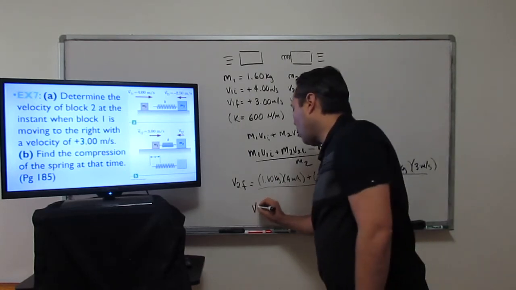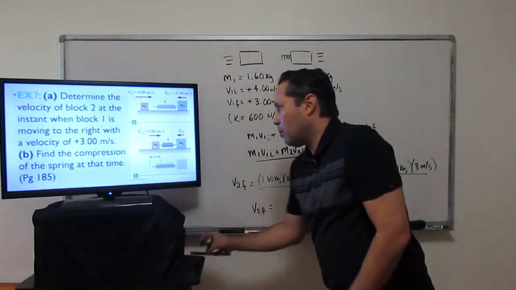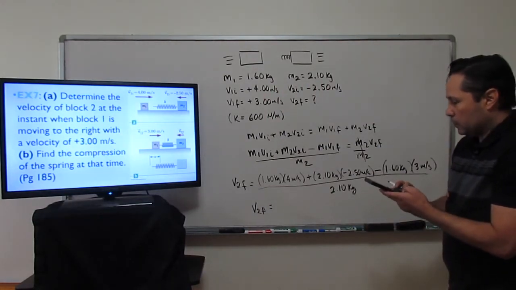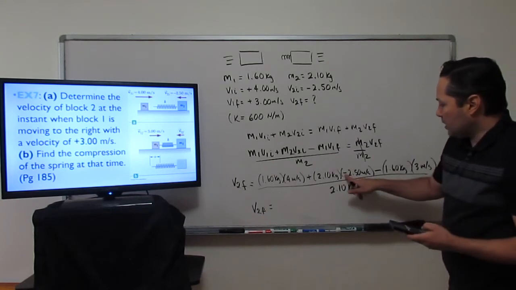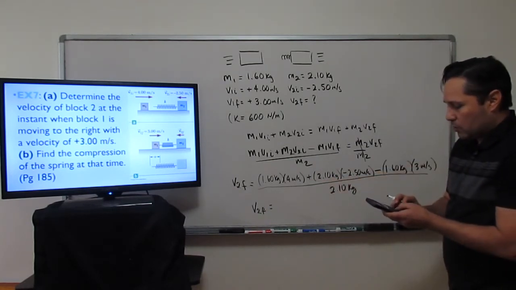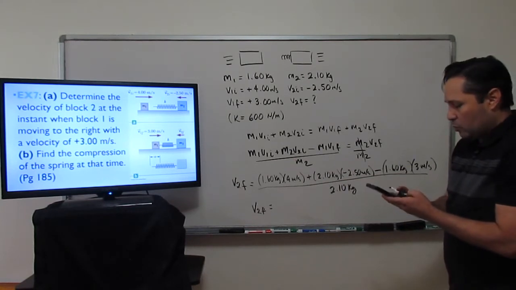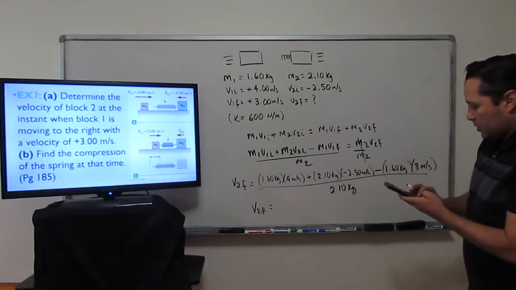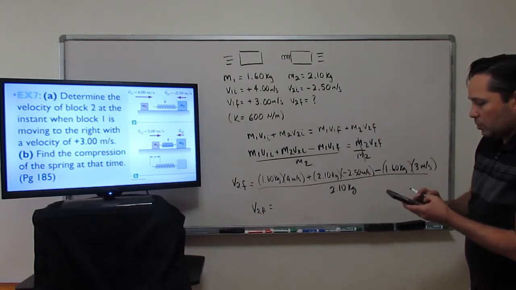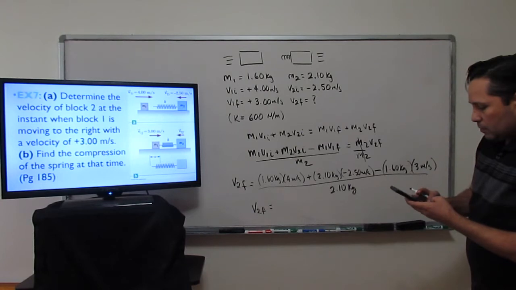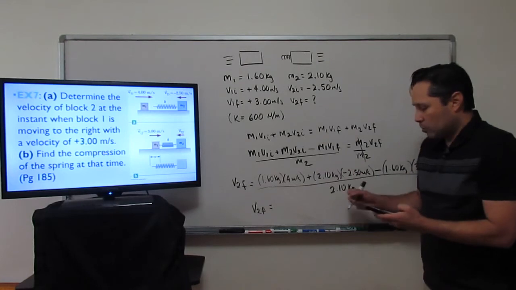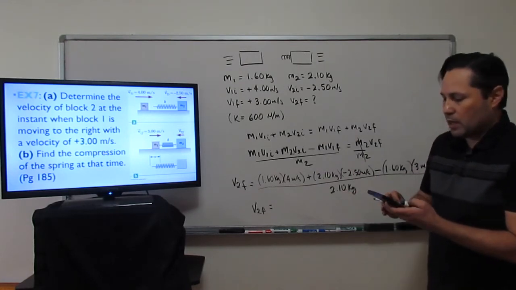Alright, so we're going to plug all that into a calculator to get the answer for part A. So let's see, 1.6 multiplied times 4. Now that's a negative right there, so it's going to be a subtraction, minus 2.1 multiplied times 2.5, close parentheses, minus 1.6 multiplied times 3, close parentheses. That gives you negative 3.65, and now I'm going to divide that by 2.1,